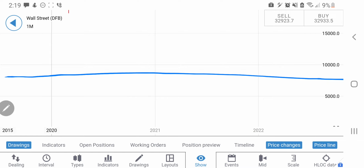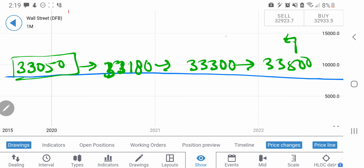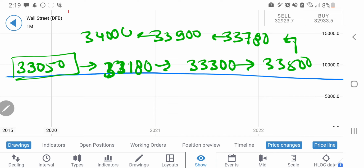So first let's talk about the levels to go long. Right now at 32,923, I will recommend you to go long at 33,050 levels. If it breaks above this, one can expect 33,180 levels, and beyond this we will be again looking forward to a rise towards 33,300 and then 33,500 levels. These two levels are taken. I will be looking forward to 33,780, 33,900 and 34,000. These levels can be of help for you, as you know that there is still a resistance